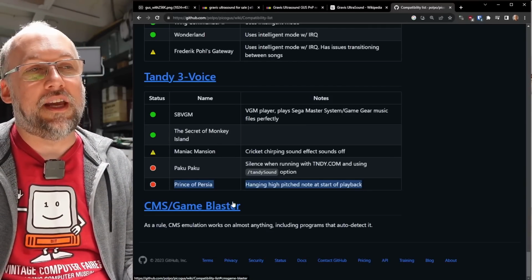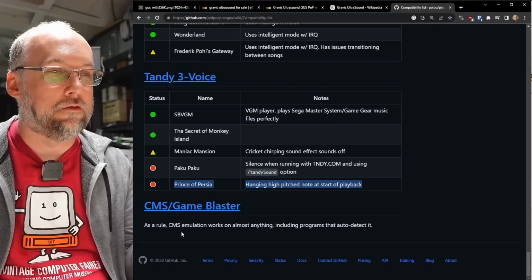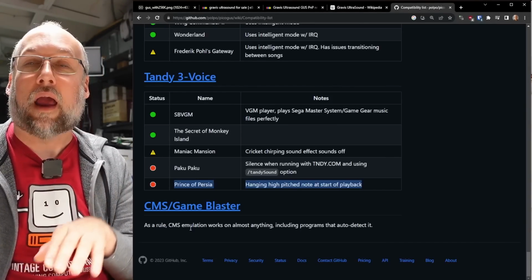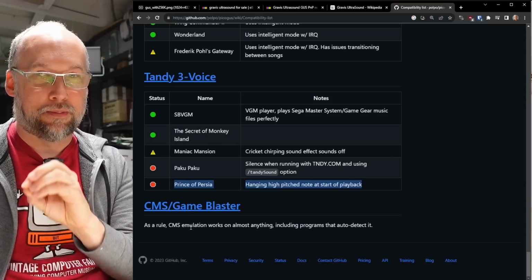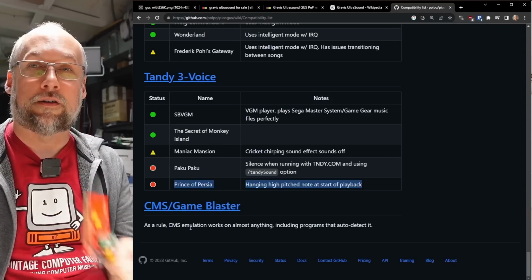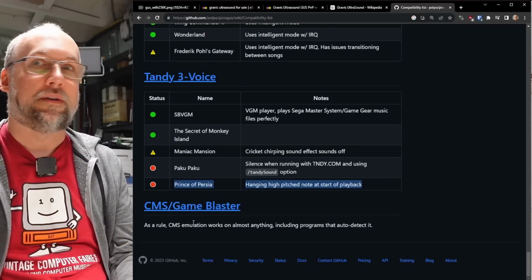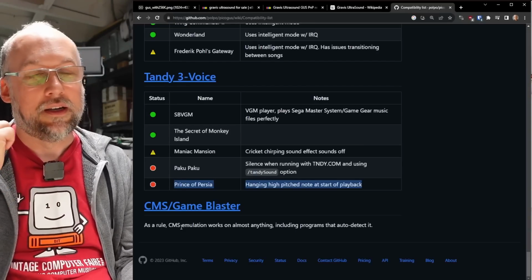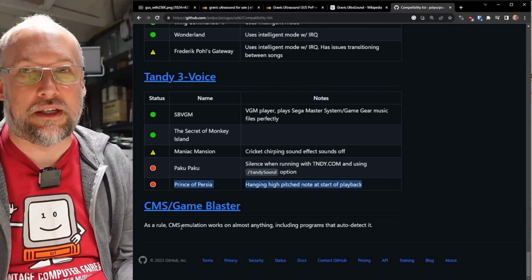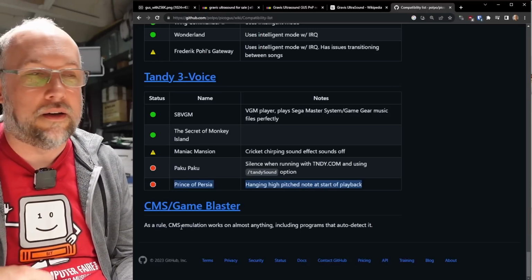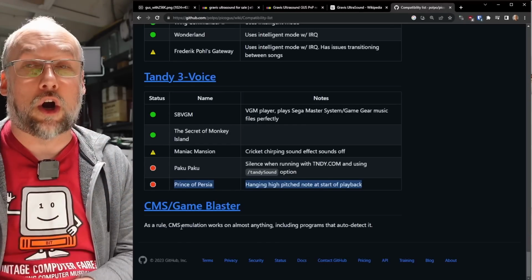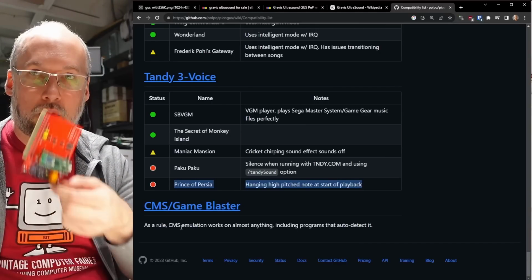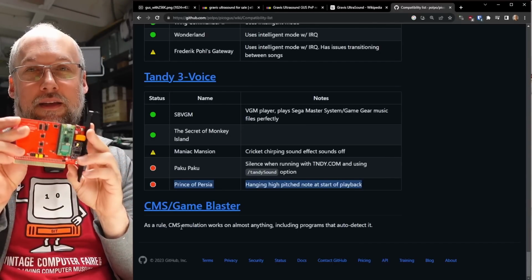And then lastly, we have CMS Game Blaster support, and Ian writes that as a rule, it generally works. I was actually doing a little bit of testing last night with Ian, and while it works, I was playing Sylphid specifically, and on this card, the CMS output doesn't quite sound right, and has some weird artifacts in the music playback that don't happen on my real machine with the actual CMS chips. So I gave that information to Ian. He doesn't have a CMS capable card to even test with, so he hadn't been able to do the testing himself. So there's a little bit of work to be done there,